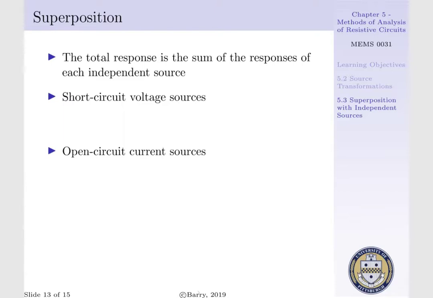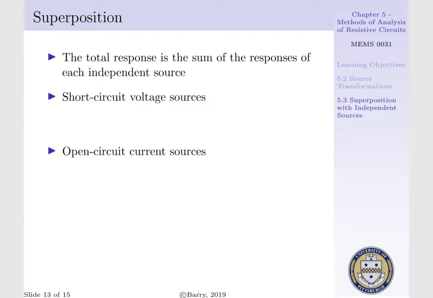Now we will introduce a new method to determining the response of our circuit, and this method we are introducing is called superposition. Superposition states the total response of our circuit is the sum of the individual responses from each of our independent sources. For now, we will use superposition for independent sources. And to do such, we are going to have to apply some transformation to our sources to determine our total